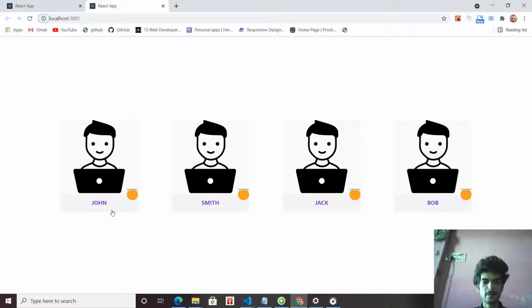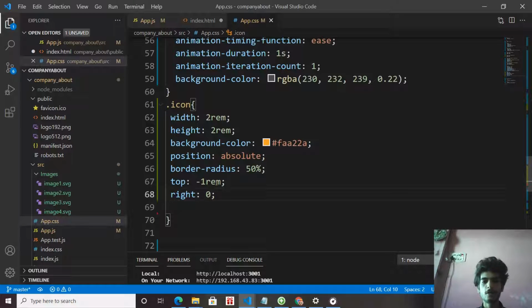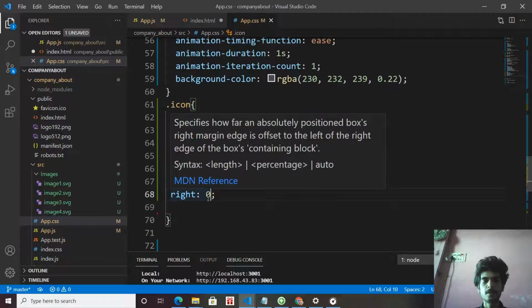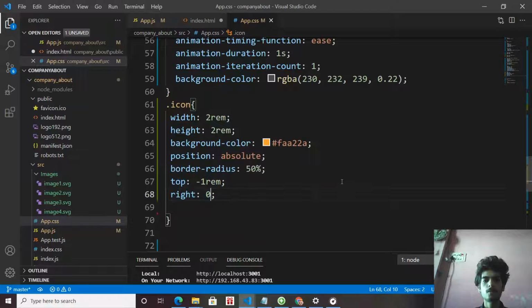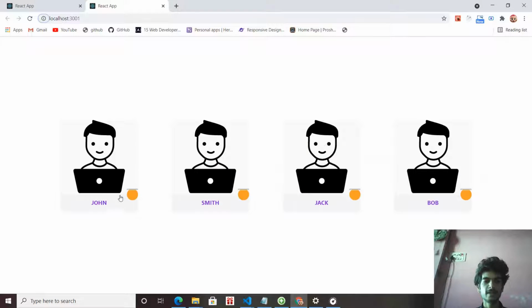This is the below heading container. It has 20% height, and half the height of this icon came upwards because I have added top minus 1 rem, and the height of this icon is 2 rem. I am saying make it 50% height top from the container. That's why it is aligned above this container.